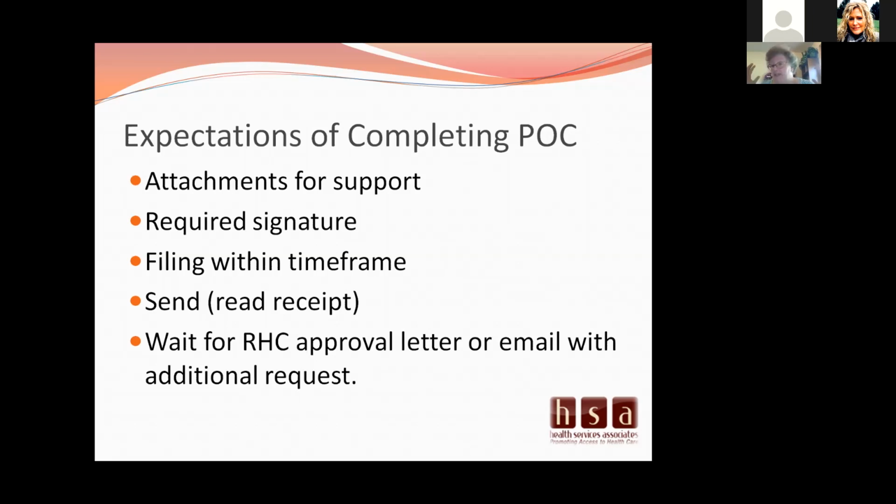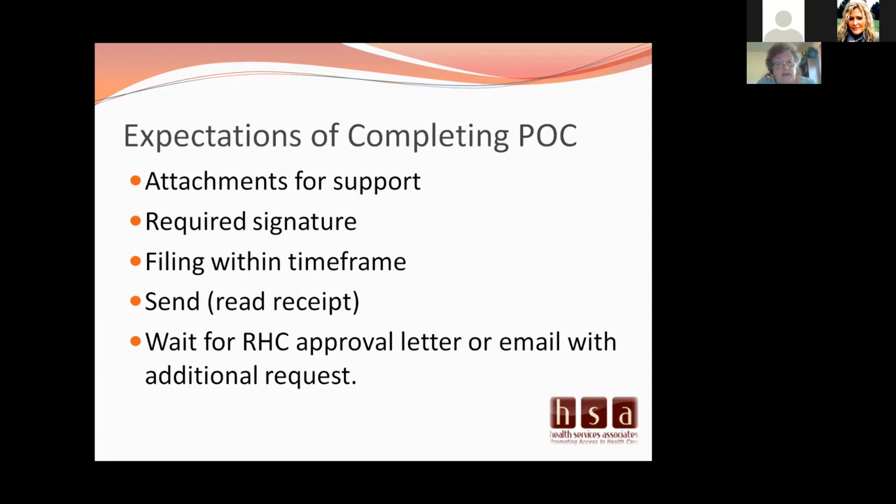So when you've got this all done, you've got all of your typed document on the right column that supports and addresses the left column. You've shown that you've got training logs, you've written a new policy, you've written your plan, and you attach all of this, then there's a required signature. And for the state, it is the first page of the plan of correction. It is down at the bottom. There is a signature and a date, and that is the authorized signature. It's not the office manager unless you're the authorized signature. It is the authorized signature, and that usually will match the letter that is addressed to whomever.